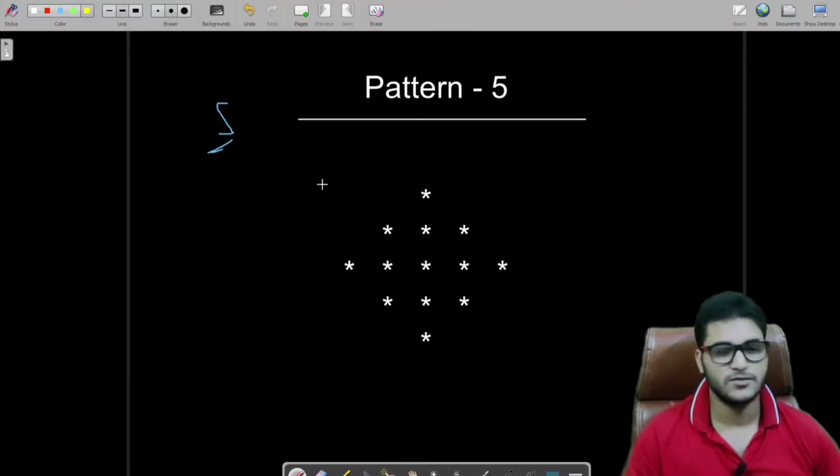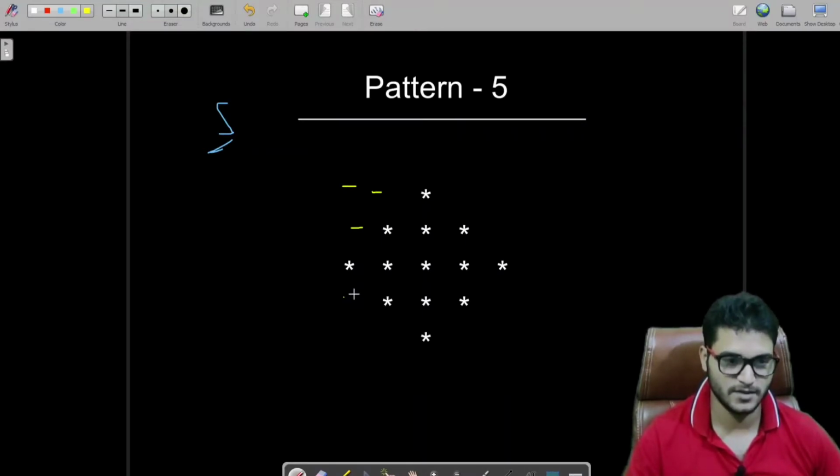So what does this look like? If you look here, there are 5 rows, 1 2 3 4 5, and 5 columns also, 1 2 3 4 5, and in the blank space we have a space printed. We have one space here and two spaces here.